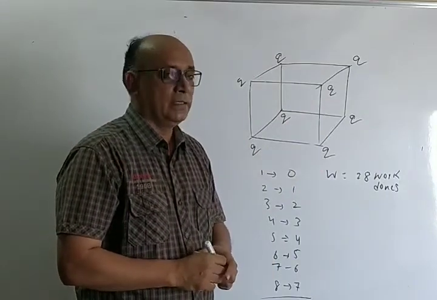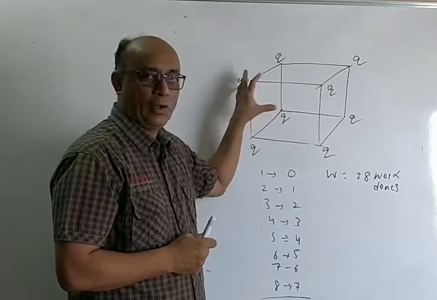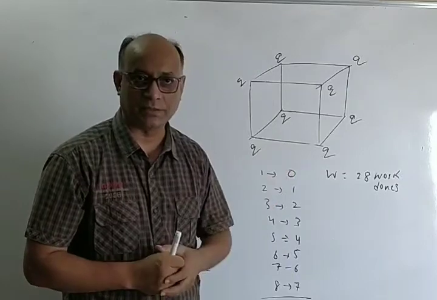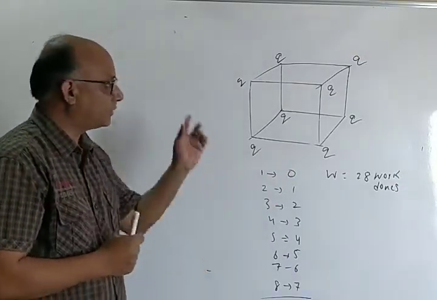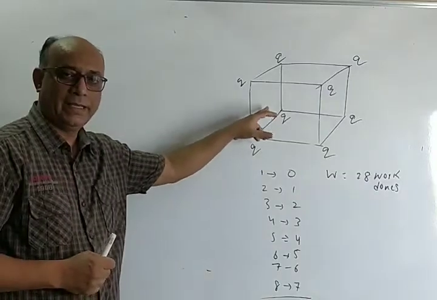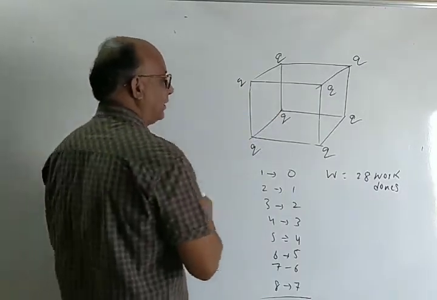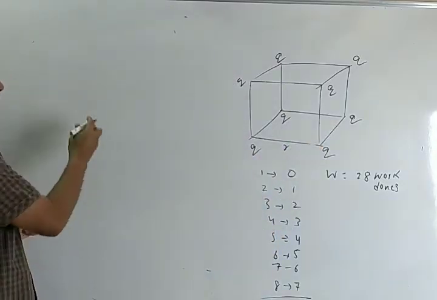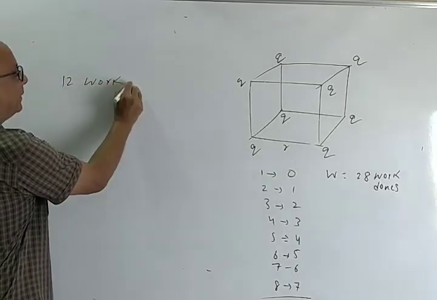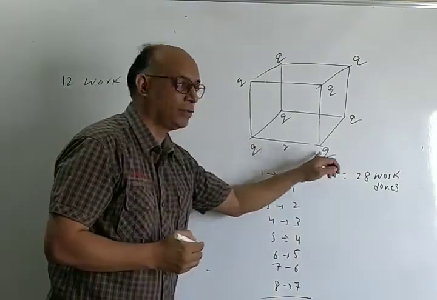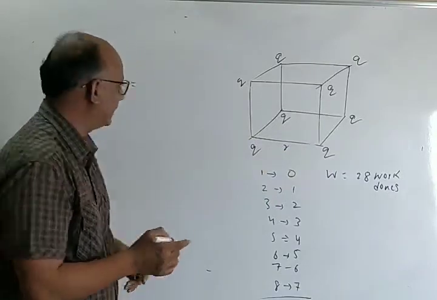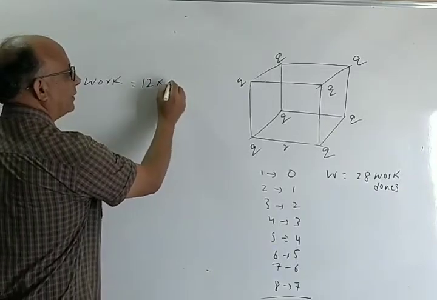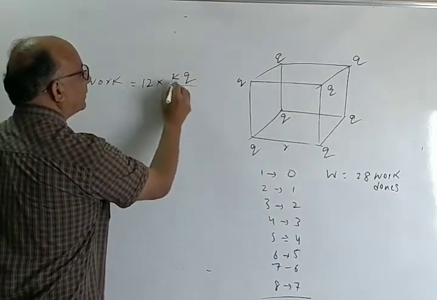You see, when you bring all the 8 charges, look at what the separation between these charges is. There are various types of separations, correct? There are 12 sides of a cube. It means if you consider each side as R, then there are 12 works with a separation distance of R, and that will be calculated as 12 times the potential energy K Q by R.